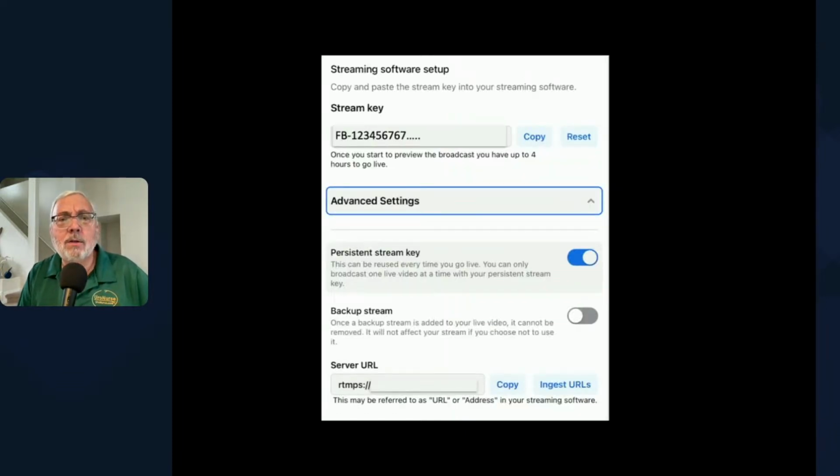If you're not aware of some of these terms, I'm going to tell you a few of these things. There's something called RTMP, which is used when you're doing any streaming now. And that stands for Real-Time Messaging Protocol. It's a communication protocol that was originally developed by Macromedia, which is now owned by Adobe, for streaming audio, video, and data over the internet in real time. It's widely used in live streaming applications due to its ability to transmit high-quality, low-latency streams.